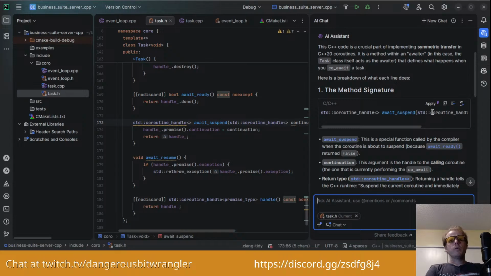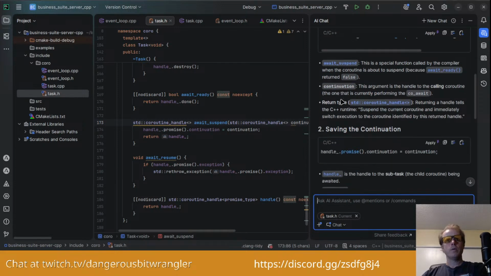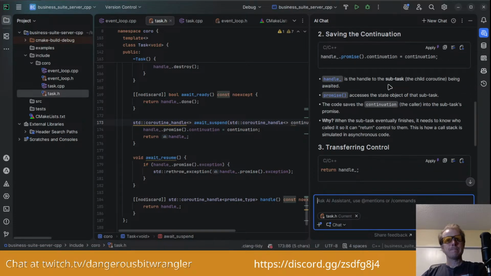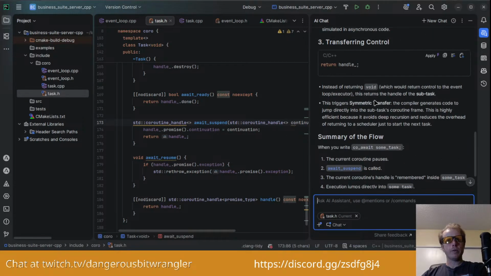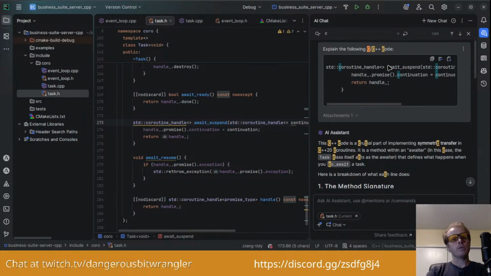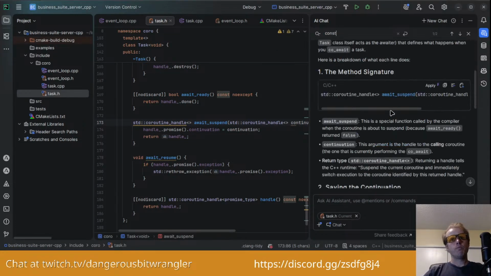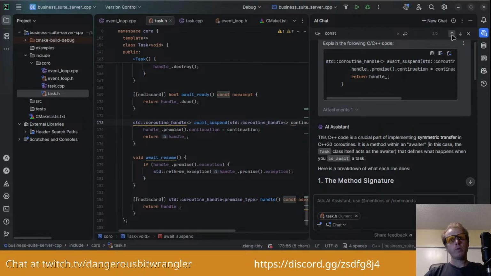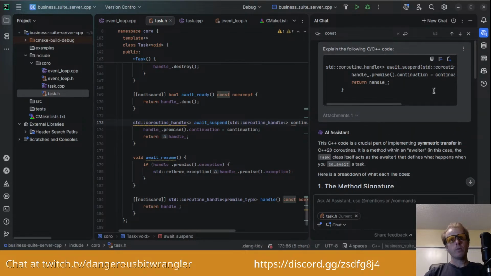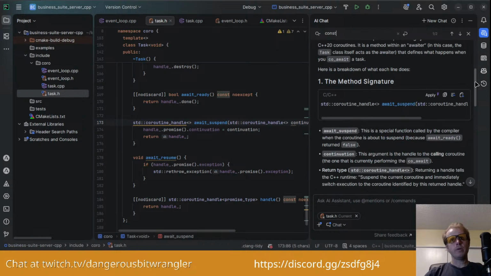Let's see, it is a crucial part of implementing symmetric transfer in coroutines. It's with an awaiter, in this case the task. Let's see the method signature, blah blah blah. I selected const, but there's literally nothing in here that I see that's talking about const. Wait, where's const? Am I blind?